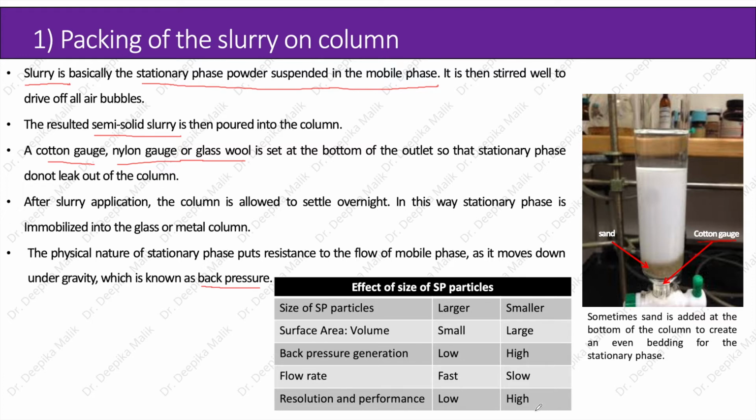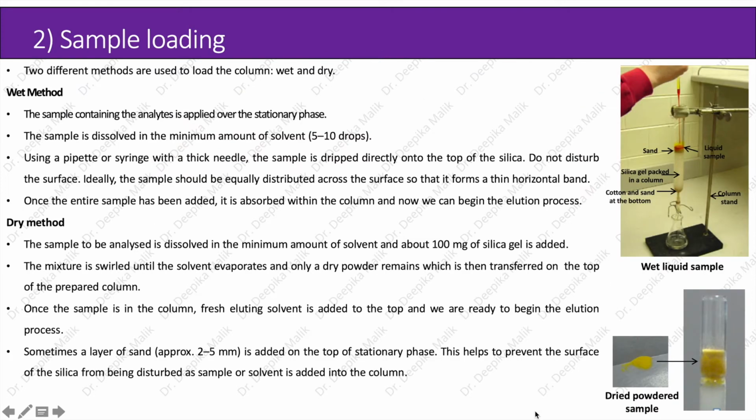Now after the settling of the slurry into the column, the next step is sample loading. Two different methods are used to load the sample into the column, that is the wet method and the dry method. In the wet method, the sample containing the analytes is applied over the stationary phase. The sample is dissolved in the minimum amount of solvent, usually 5 to 10 drops. Using a pipette or syringe with a thick needle, the sample is dripped directly onto the top of the silica. Do not disturb the surface. Ideally, the sample should be equally distributed across the surface so that it forms a thin horizontal band. Once the entire sample has been added, it is absorbed within the column,